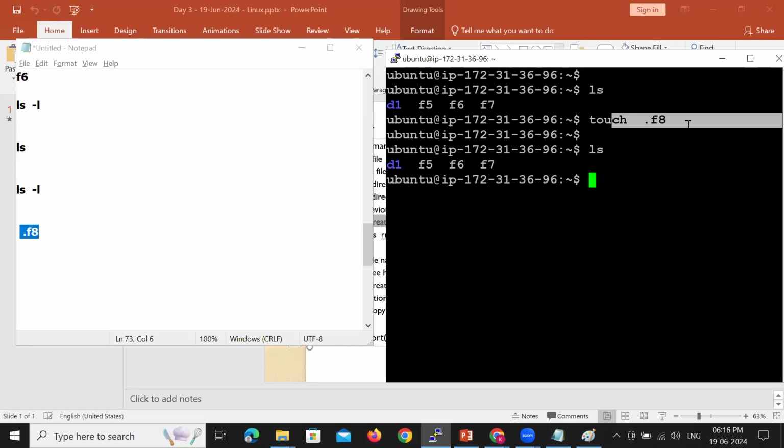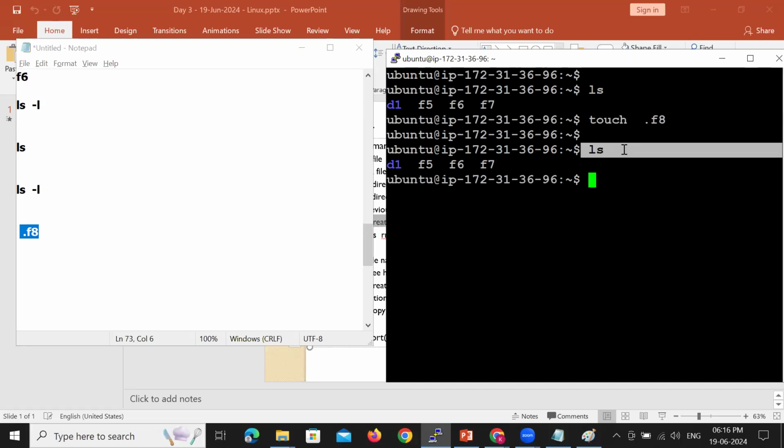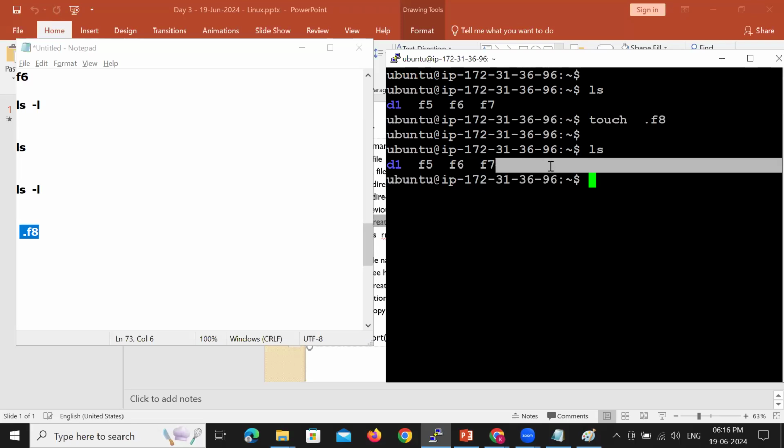We have successfully created a file, but the listing option is not showing this file because in Linux, when a file name starts with a dot, it is a hidden file.